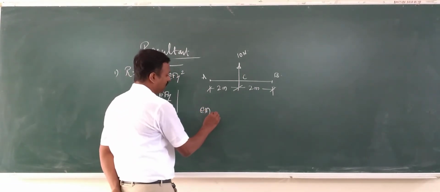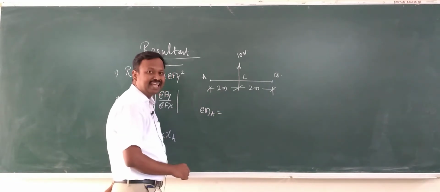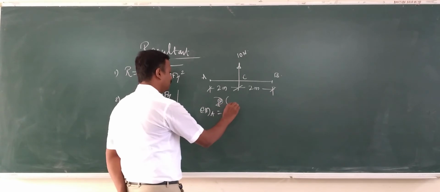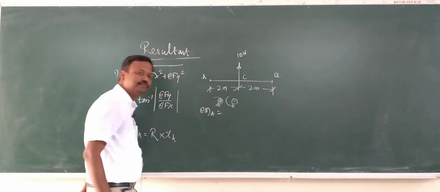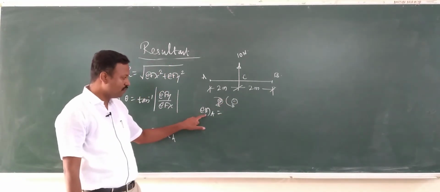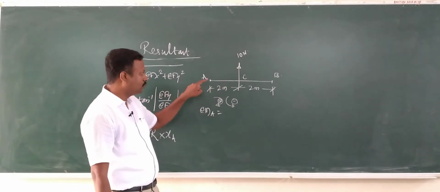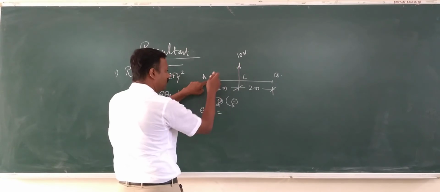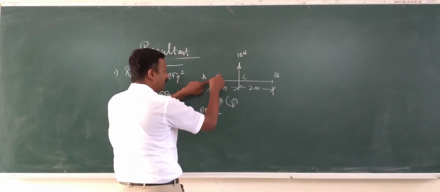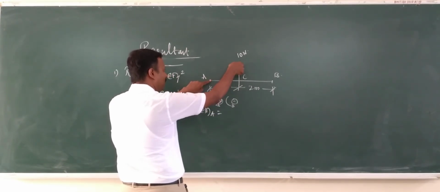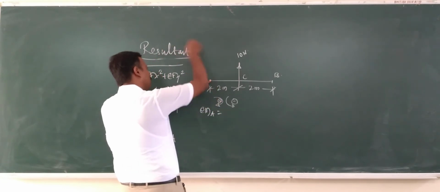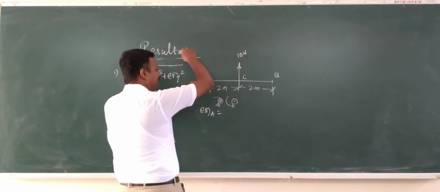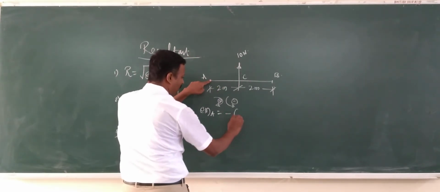So I will go for sum of moment at A point first of all. Sign convention for that: clockwise positive, anti-clockwise negative. Okay, we are taking sum of moment at A point. So put your finger at A point, rotate that force with respect to this finger. So this finger is constant. I will rotate this force towards that A point. It will rotate anti-clockwise, correct? So it will rotate anti-clockwise, that's why minus sign for that.